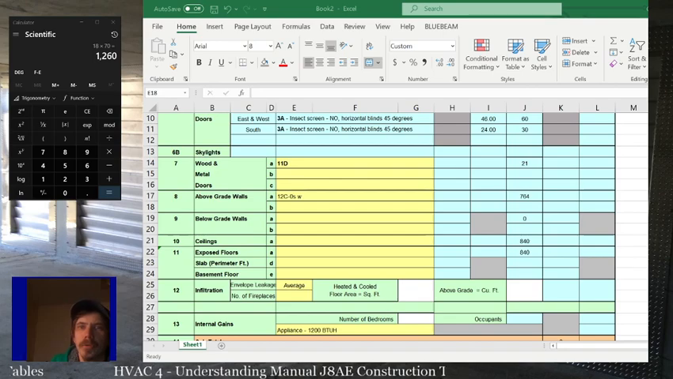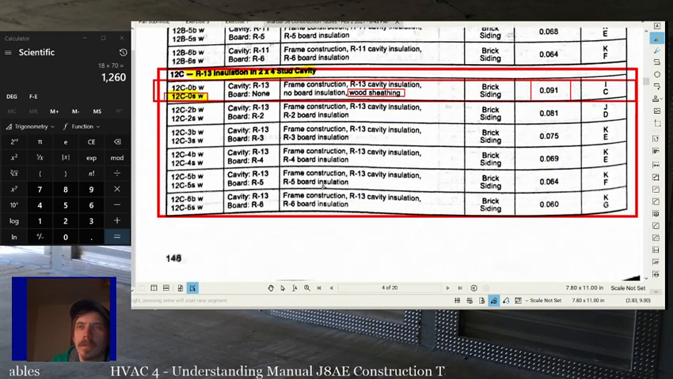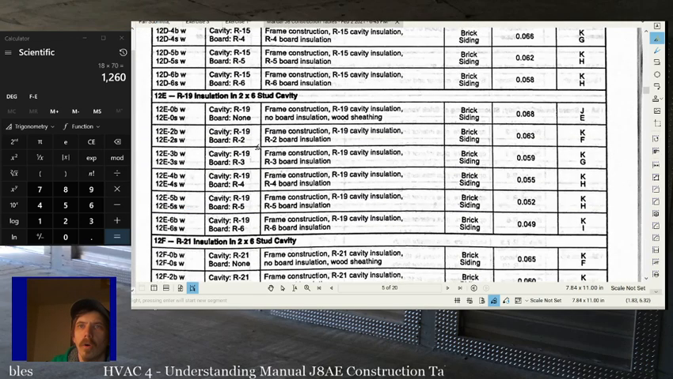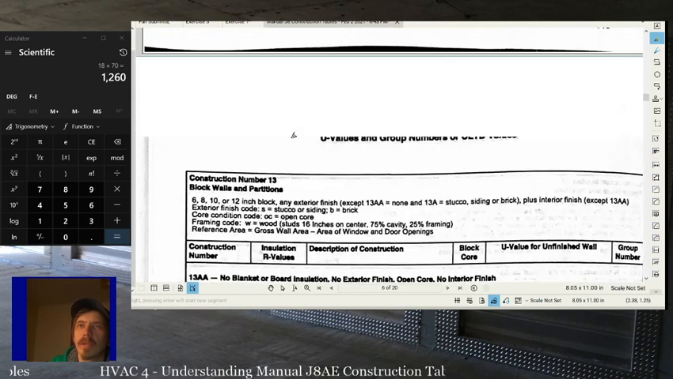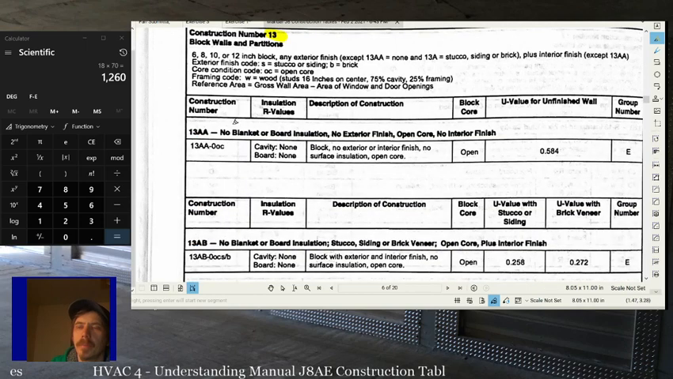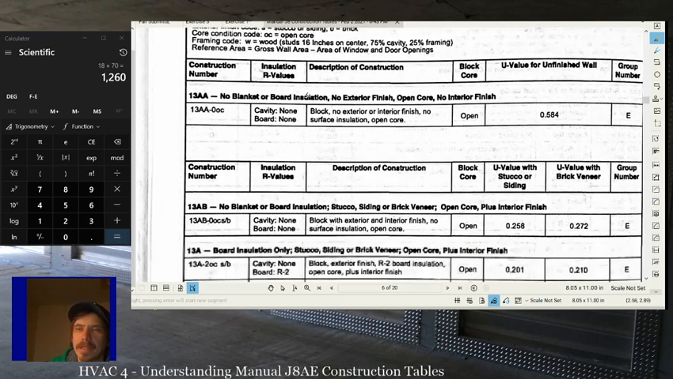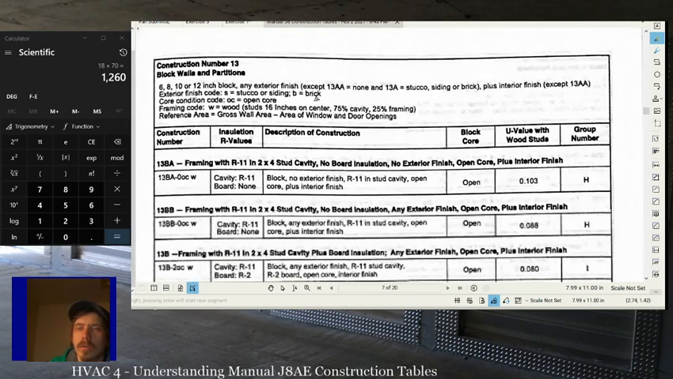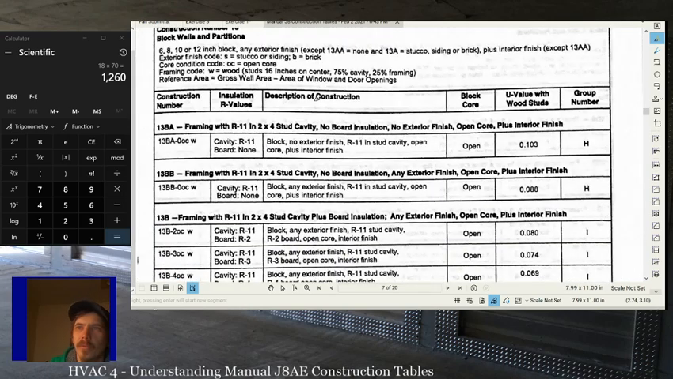Now, just to flip through, obviously, the other numbers you could have are all through here. And then if it was a block wall, then we'd be a number 13, right? And we'd have to pick whether there's blanket or board insulation, whether there's siding or brick, whether it's open core, and whether there's wood framing on the inside. So for instance, a common wall for above grade, you really don't see above grade block that often, but if you did,